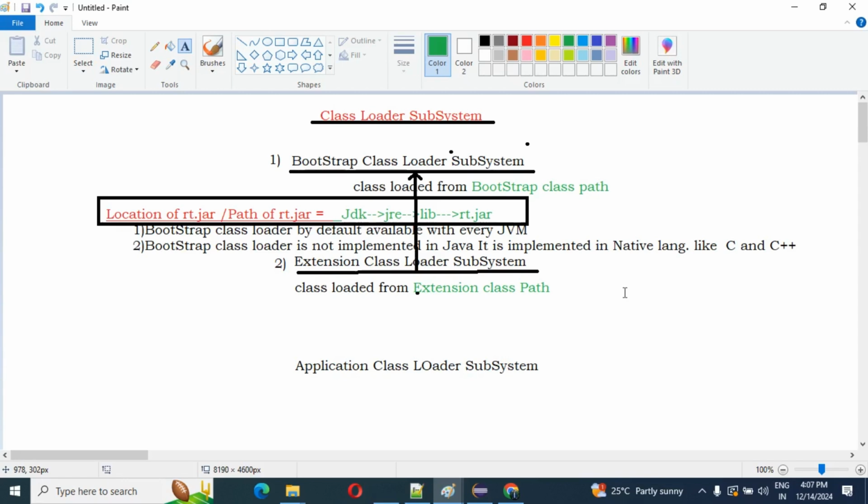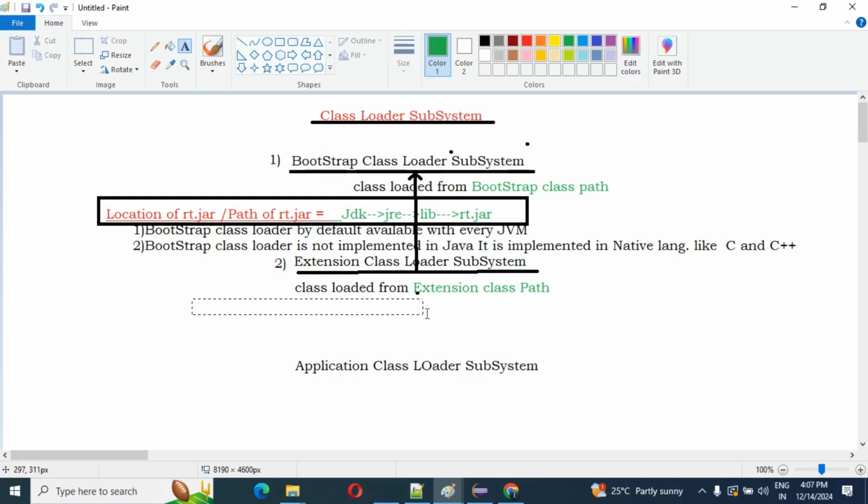Same as our bootstrap, we already have one path, the location of rt.jar. Same here, you have one question, what is the extension class path? Don't worry guys, I will explain.